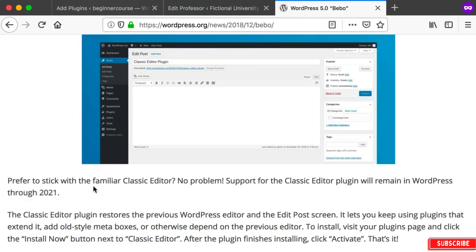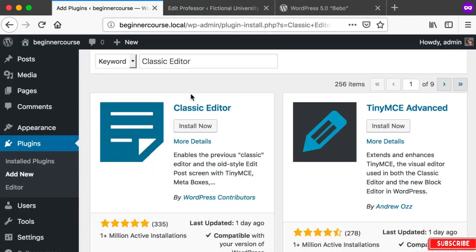So I don't want you to feel like if you use the classic editor, you're being a stubborn traditionalist that is completely afraid of change or the future. Not necessarily the case. This is a controversial topic. You can use the classic editor if you want to without feeling like you're stuck in the past. But I think the new editor is the way to go too. You can't go wrong, you can't lose. But if you do want to use the classic editor so that your edit screen looks exactly like the editor that you'll see in upcoming lessons,